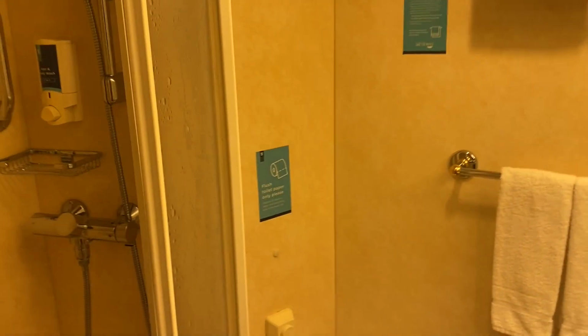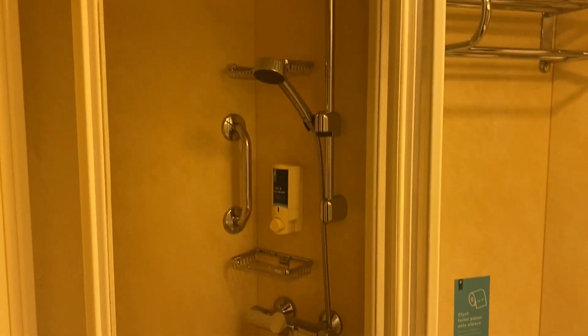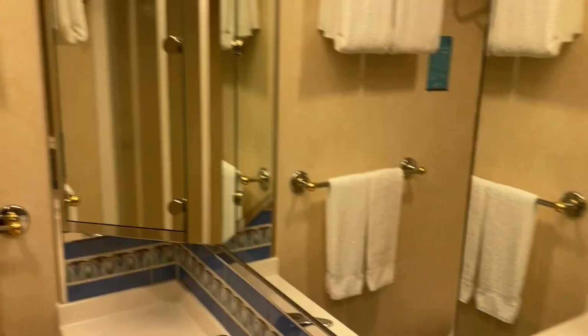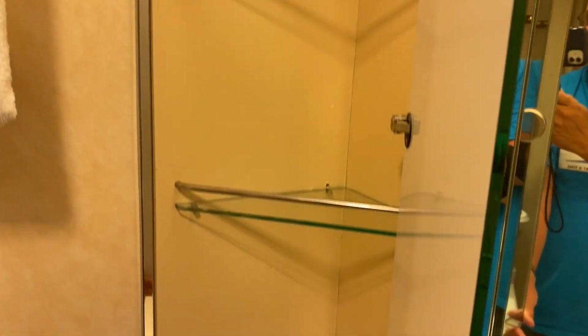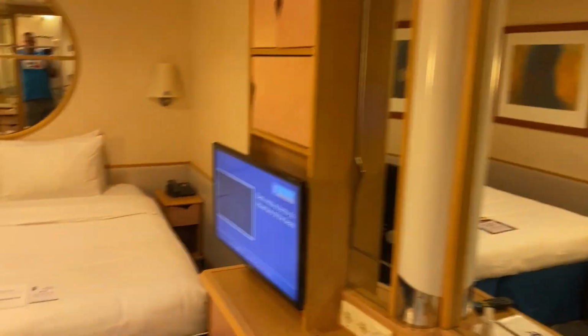Of course, you have your standard issue bathroom. Royal Caribbean has the sliding glass or plexiglass doors versus curtains like others. Your toilet. You've got your bathroom here, and there's a storage container or storage cabinet behind the mirrors. So you come back out of the bathroom,